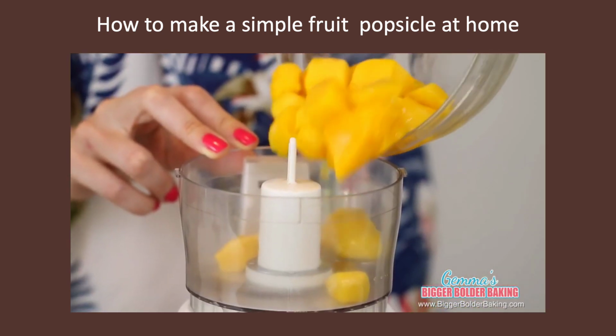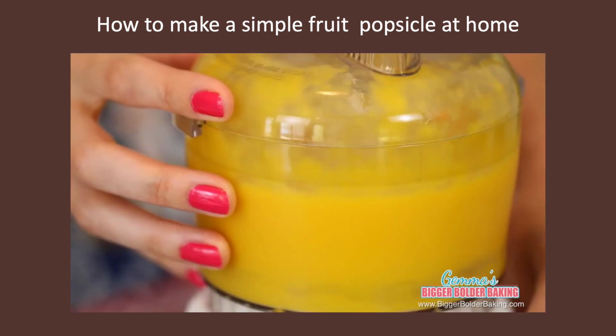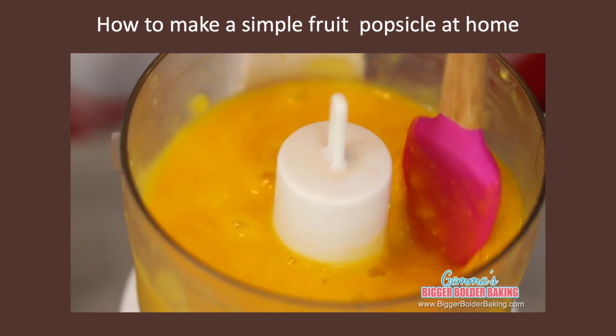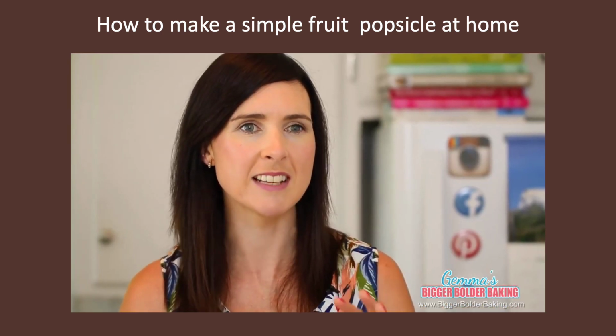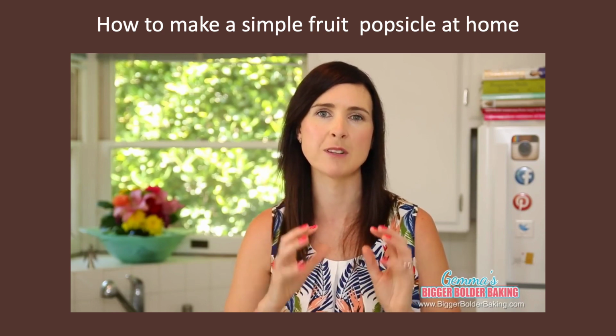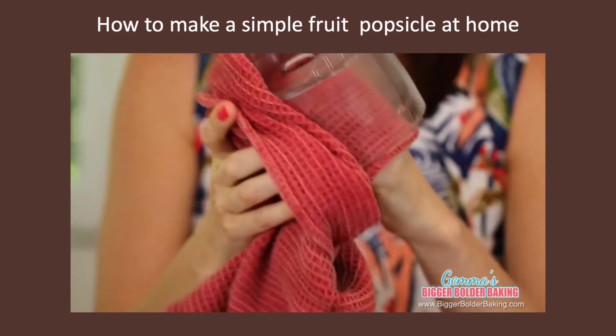Into your food processor, add in some mango chunks and then puree until really fine. When picking the fruit for your popsicles, do not be afraid to use frozen or fresh because both of them will work really well. Sometimes frozen is actually better because it's picked in season and frozen really fast, so kept in really good quality. Transfer your lovely mango puree into a bowl, and then we're going to rinse out the